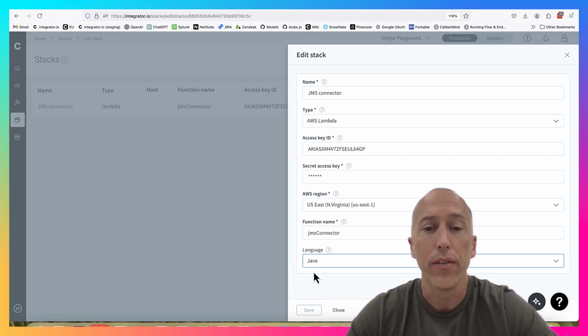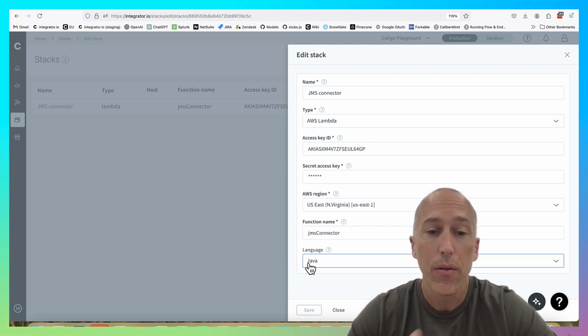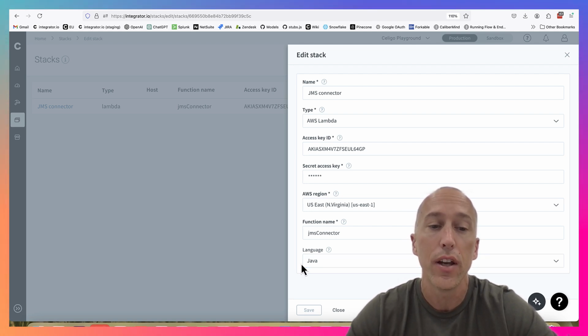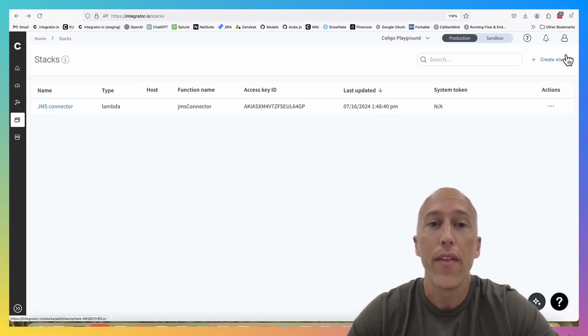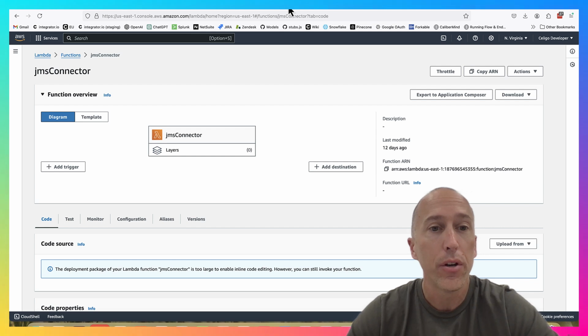And we may get rid of this field. It's not that helpful. But anyway, just set your programming language. If it's Node, set Node. If it's any other language, it doesn't matter what you have in this field here. Okay, so I create my stack, and then on the AWS side, I'm going to jump over to my